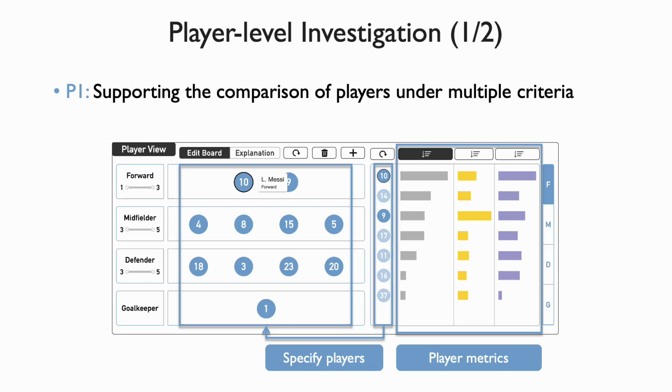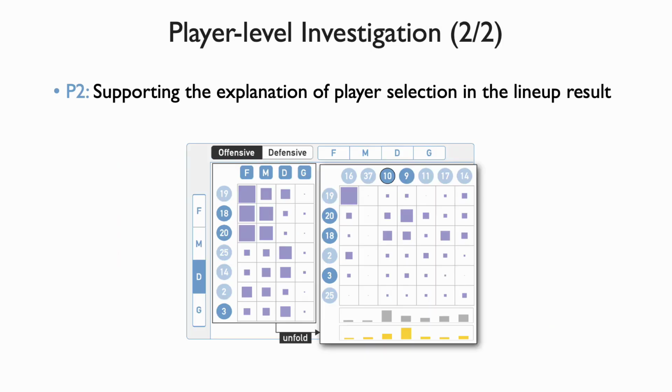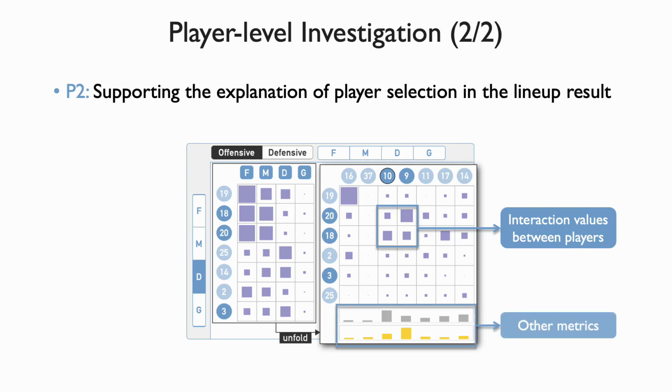lineup edit board. After the lineup is selected, users can explore the detailed interaction values of each player with the explanation component. The interaction values among the players are represented by a matrix and encoded by the area of rectangles. In the offensive interaction mode, the individual performance and the total defensive interaction values of each player are illustrated by